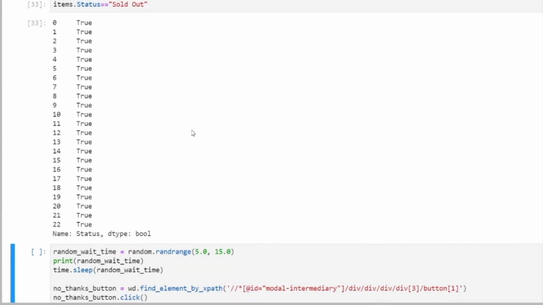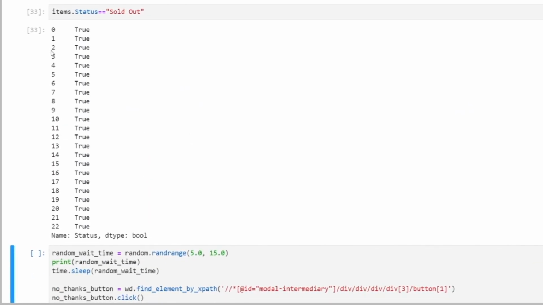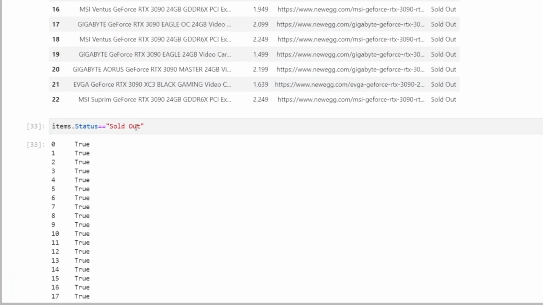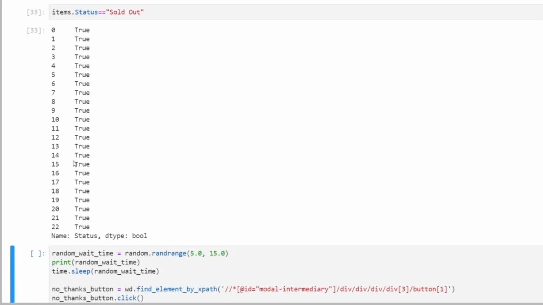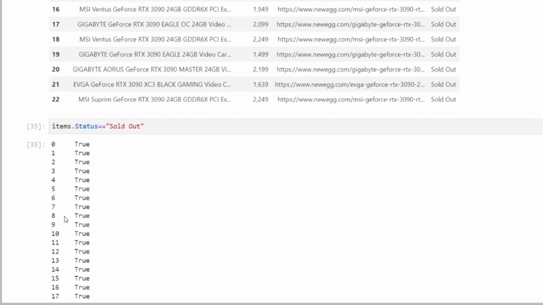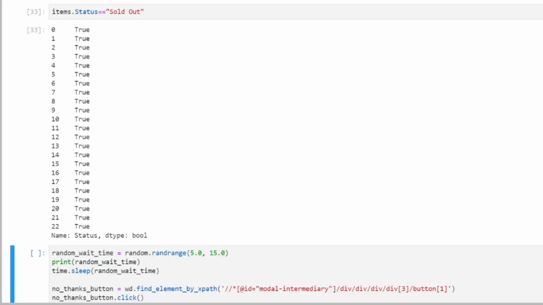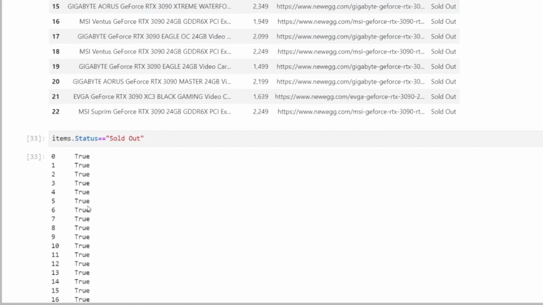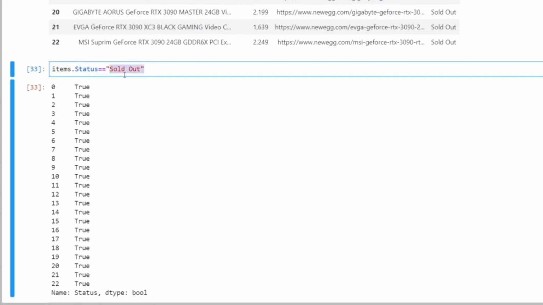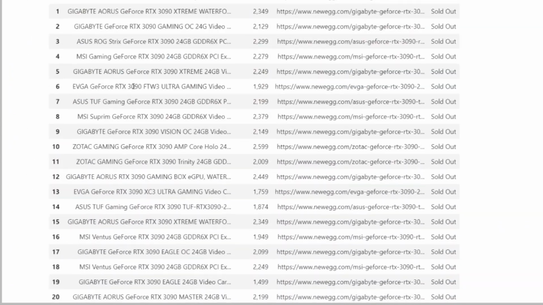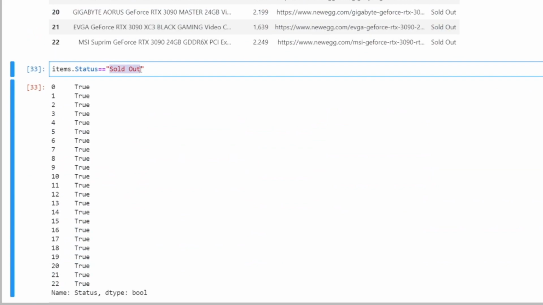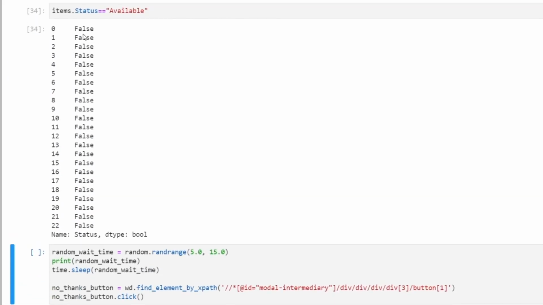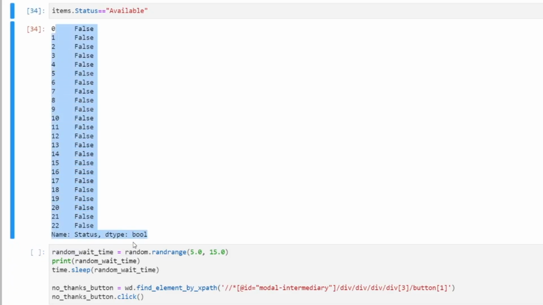And this will give you an index of all the entries in the table that match your query. In this case, it's all of them because they're all sold out, unfortunately. But if one of the items doesn't match your criteria, it will return an empty list. So let's do a search here for available, because if something is not sold out, it will say it's available. And as you can see, it returns false for everything.